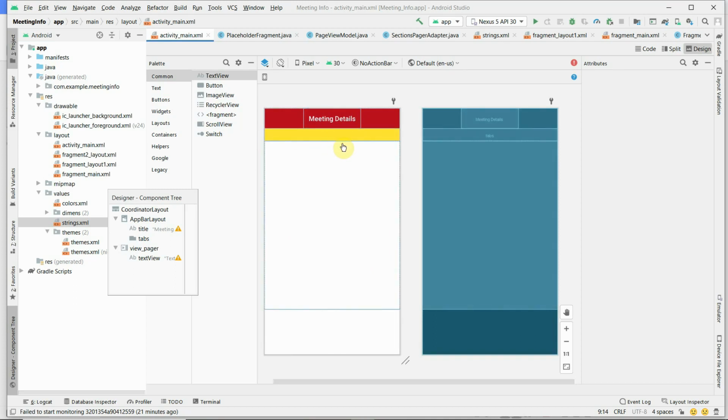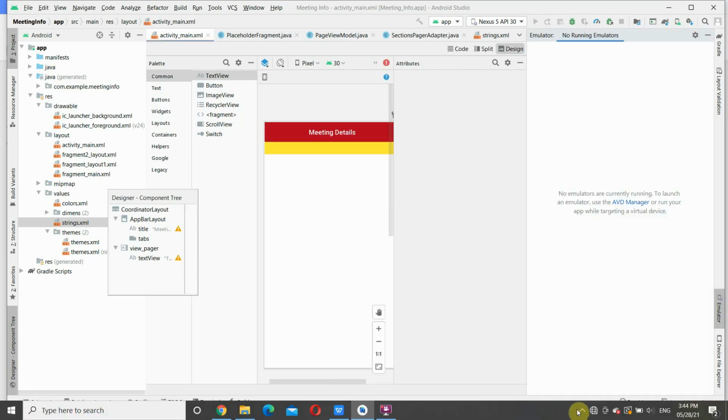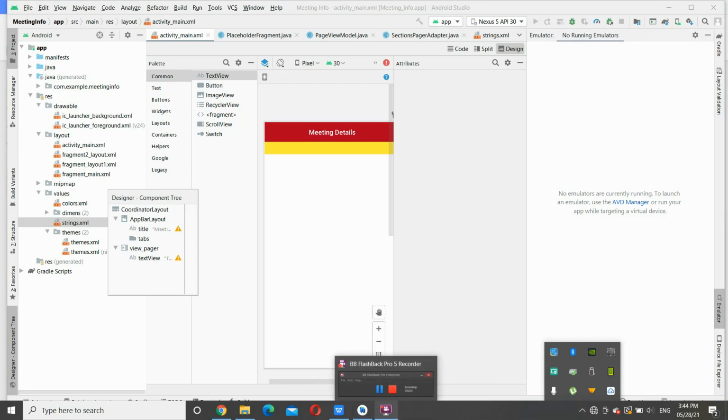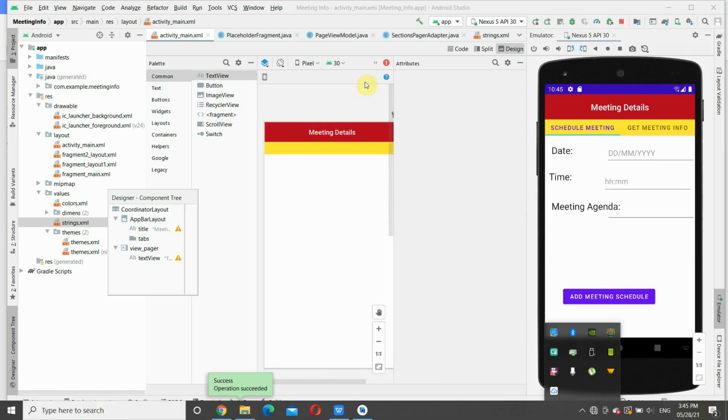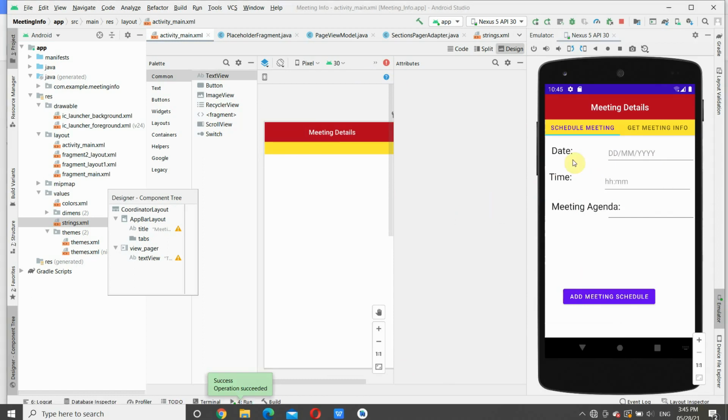When you run the application, by clicking on run, you can see this result when you execute it.